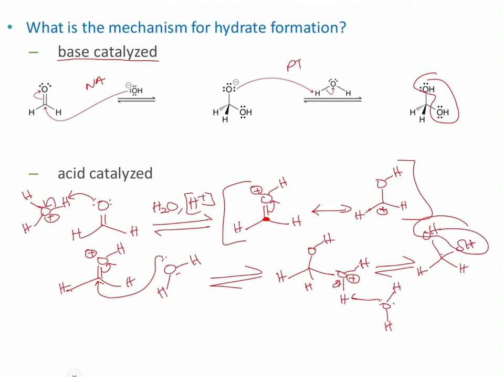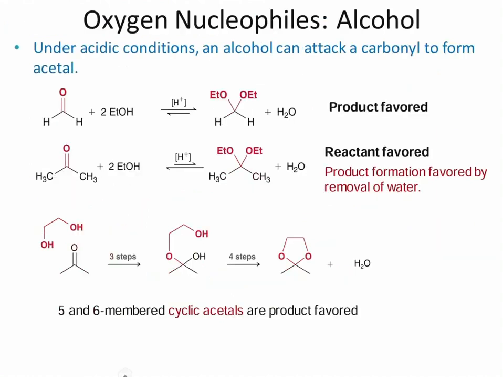Okay, so whenever we have a weak nucleophile, then we need to use an acid catalysis. Next, let us look at alcohols as oxygen nucleophiles. We know that alcohols are weak nucleophiles, so under acidic conditions, we can use the alcohols to attack the carbonyl, and that forms what is called an acetal. Okay,